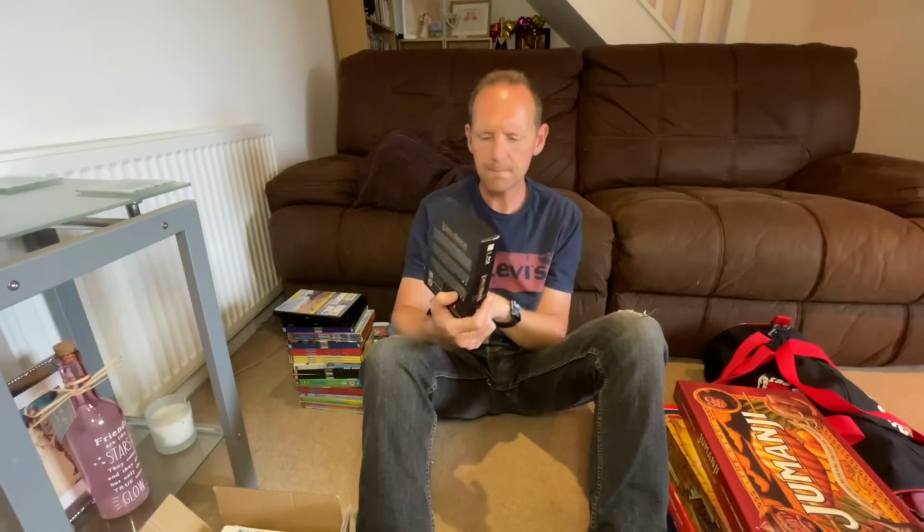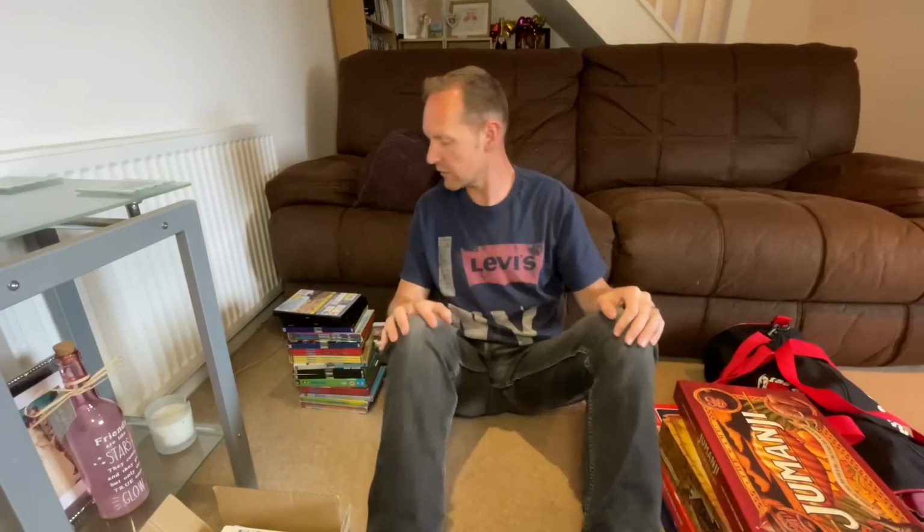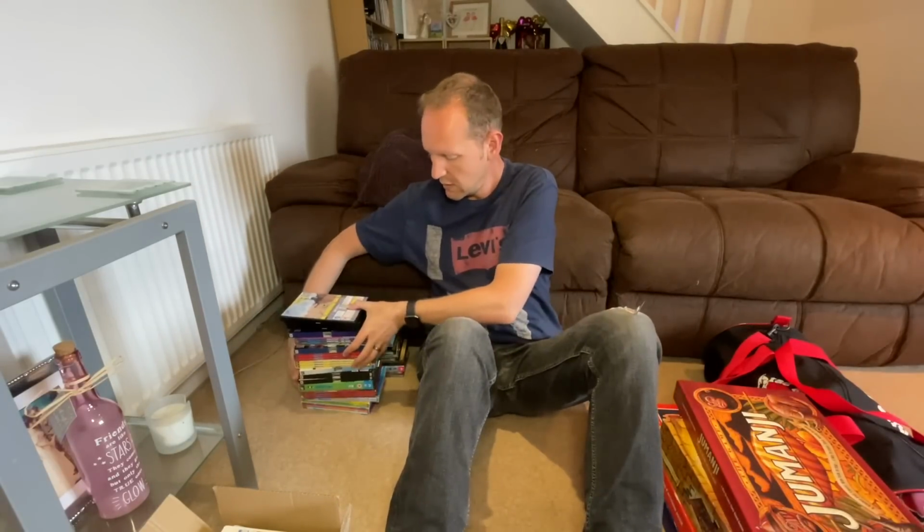Lord of the Rings Blu-ray, I'm not sure whether... Yeah, I just threw this in because it was 2 for 50p. So it's a Blu-ray trilogy. You can't go wrong with it. But as far as resale goes, probably about £8. Probably about the price that it's got on there from CEX. So probably about £8 on that. I'm not sure. I might just keep it. I mean, I'm not a fan of Lord of the Rings, but Belle loves it. The other